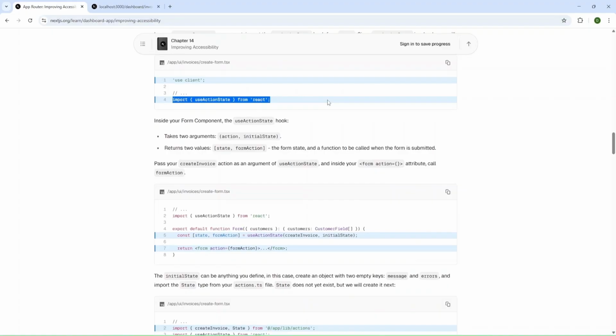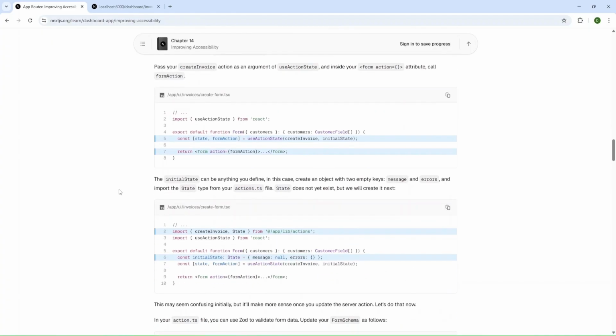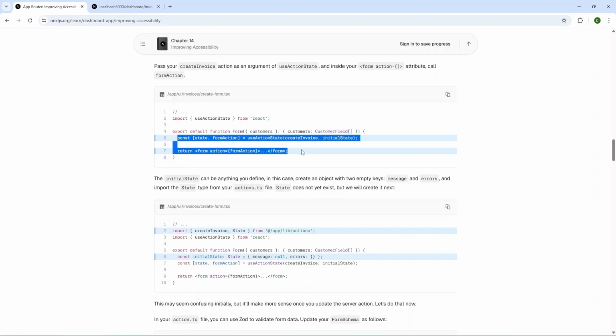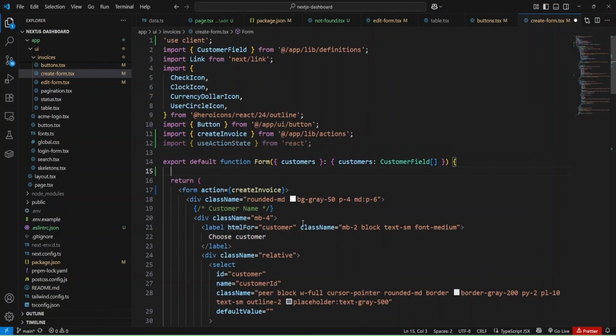And now we can import use action state from React. Okay, let's do it. And what next? Now we can modify our form by adding this code and inside function form. Let me add this code.